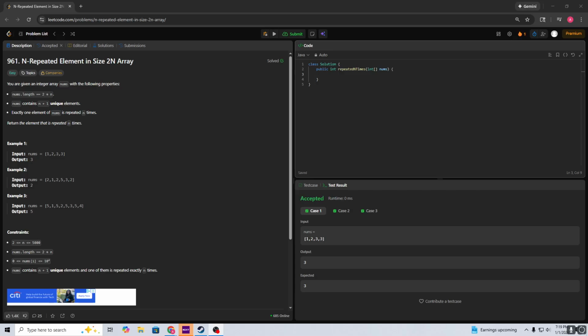Let's solve LeetCode 961, repeated elements in size 2N array. This problem is a relatively simple one to understand. You'll have an integer array of nums, and exactly one element is repeated n times, where n is equal to the length of the array divided by 2. So it's an easy problem, but I want to make a video showing 3 different solutions, and we can